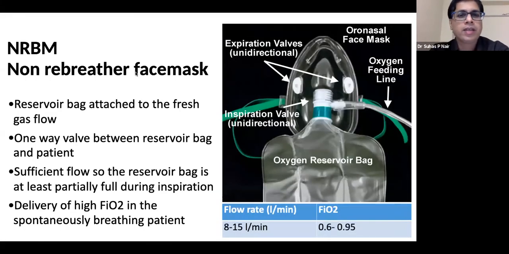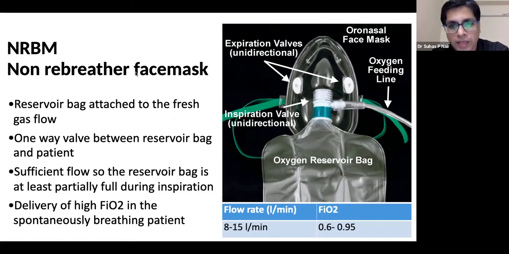In the COVID-19 ward, you will be familiar with this device. This is nothing but an RBM, the non-rebreather face mask. It has a reservoir bag attached to the fresh gas flow, so this is the fresh oxygen flow, and there is a one-way valve between the reservoir bag and the patient. The most important point is that there should be sufficient flow so that the reservoir bag is at least partially or fully